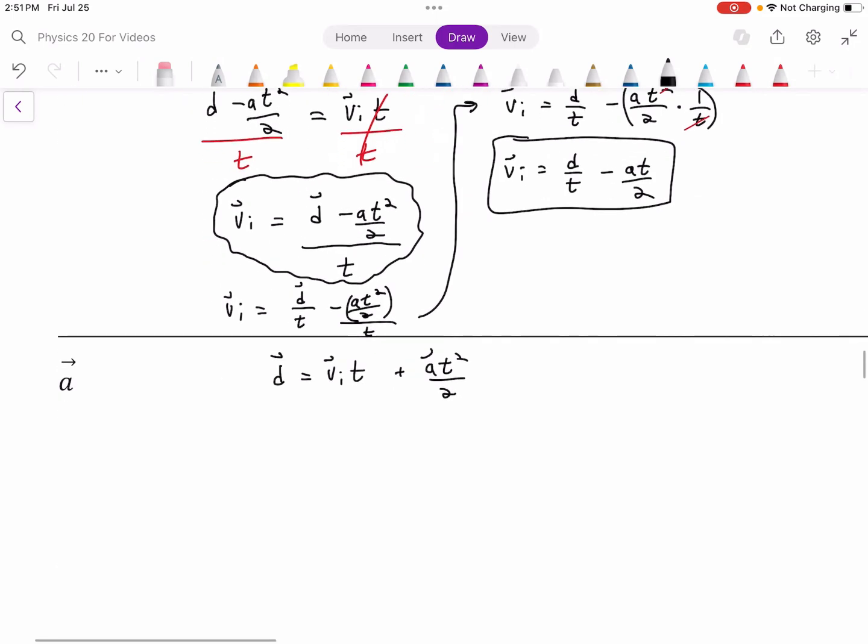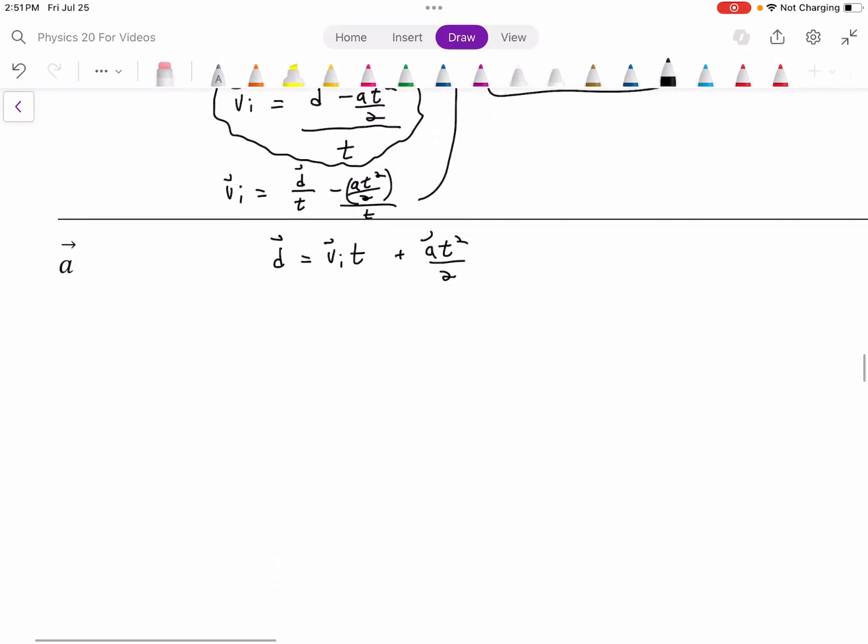All right, let's solve for the acceleration now. So there's a whole bunch of operations being performed on the acceleration. It's being multiplied by time squared, it's being divided by 2, and it's having VIT added to it. So reverse order of operations, right? So first I need to deal with that addition. So I'm going to subtract VIT from both sides. That's going to give me this, and then I pause, I take a breath, things will look a little bit